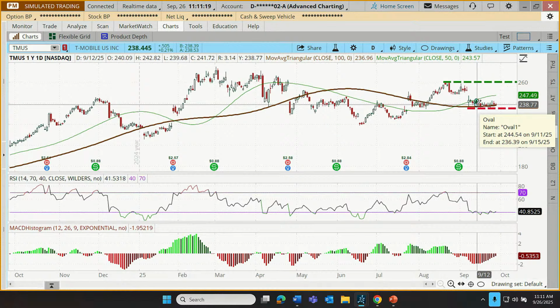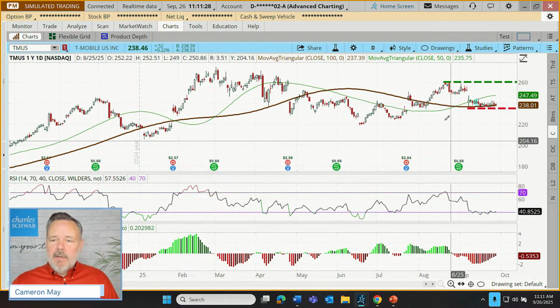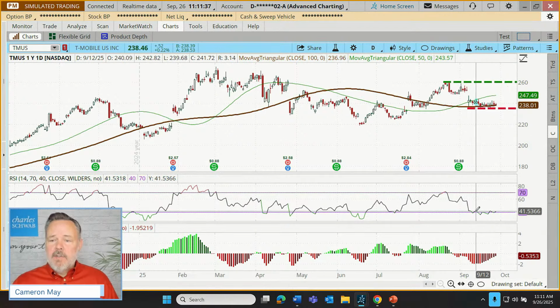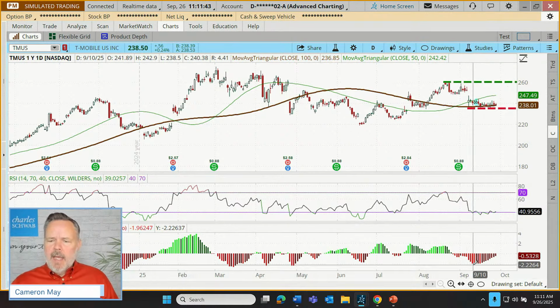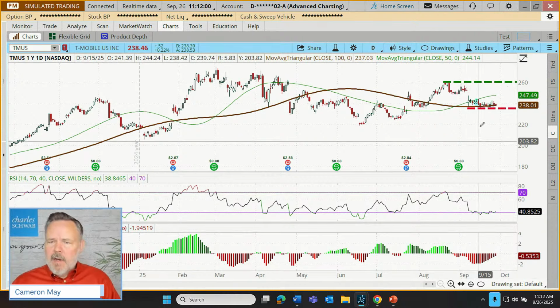Interestingly, the price was also just trading above the 100, which is actually not a requirement of this entry system. The RSI, which is our value indicator, so we have trend, we have value, had reached down into an oversold condition and just started to tip back up above. So there was an entry there. And finally, our momentum oscillator, the MACD, had shifted from a bright red to a dark red, signaling a potential shift in the tug of war between buyers and sellers. The momentum, which had been conceptually strongly in the hands of the sellers, maybe shifted a little bit toward buying. In any case, there was our entry.